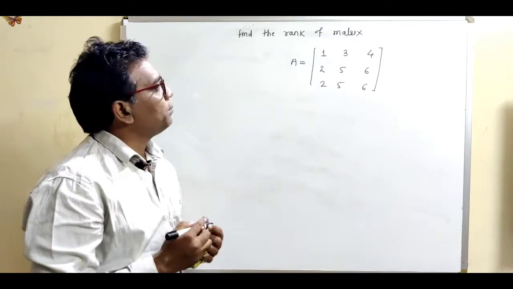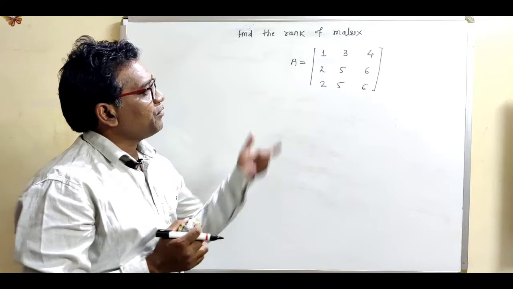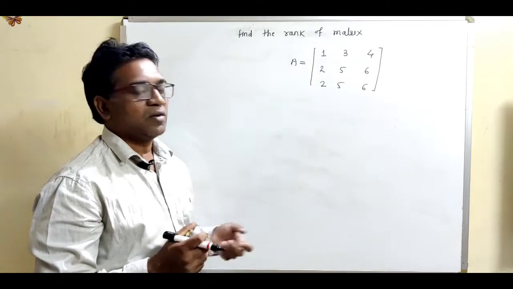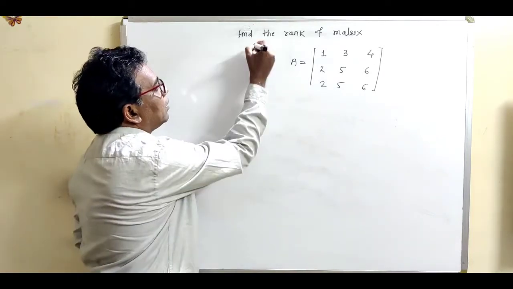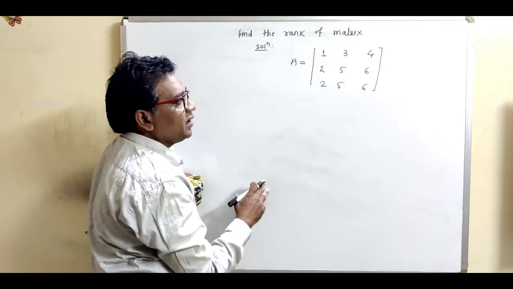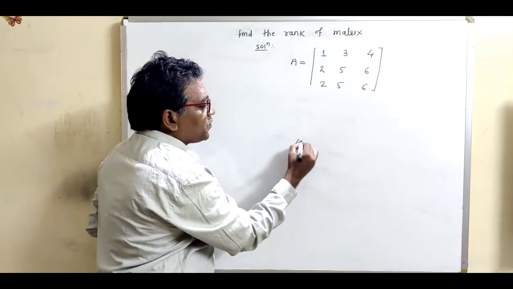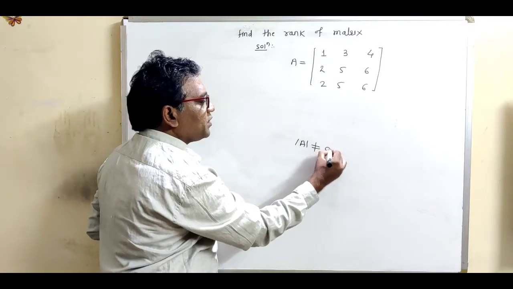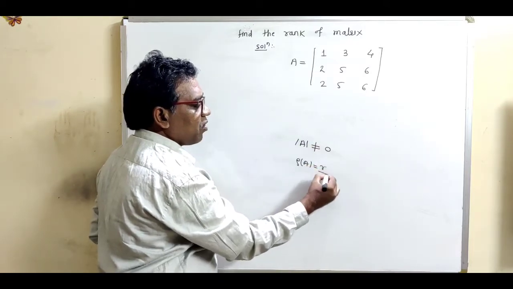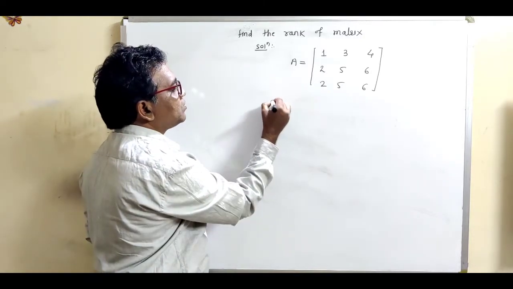Now let us take the third example. Find the rank of the matrix, and we are given the same order, the matrix having 3 by 3 order. So we use the same technique for finding the rank. And what is that technique? Just find out the determinant of the given matrix. If the determinant of the given matrix is non-zero, then we conclude that the rank of the matrix is nothing but the order of that determinant. So first of all, find out the determinant of the highest order. So find out this determinant.